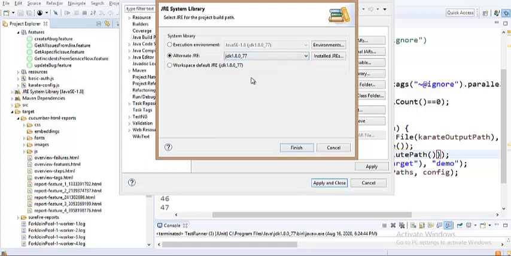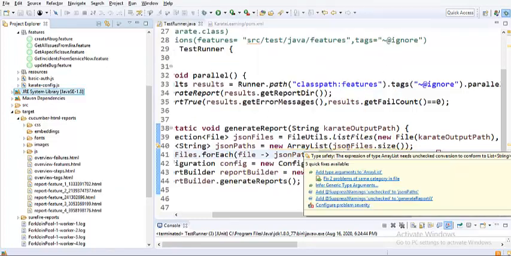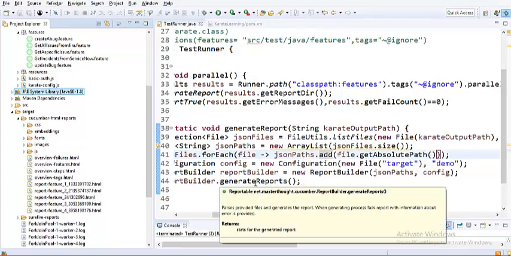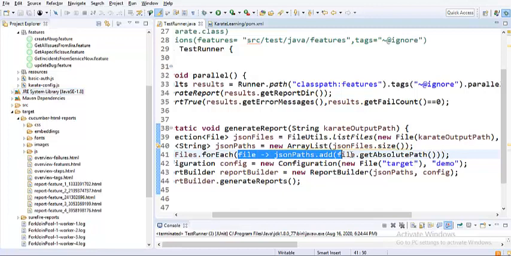You might have JDK 9, 10, 11; 14 is the most recent version. I have already configured it to 1.8, so that is the reason you're not seeing the error. But in case you are using any older version, make sure you fix this error in line 41 by yourself by configuring the right JRE in your system.